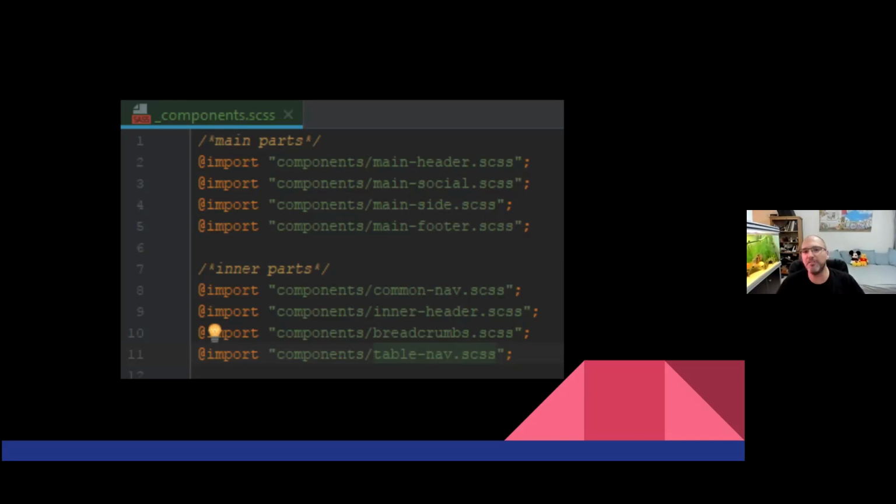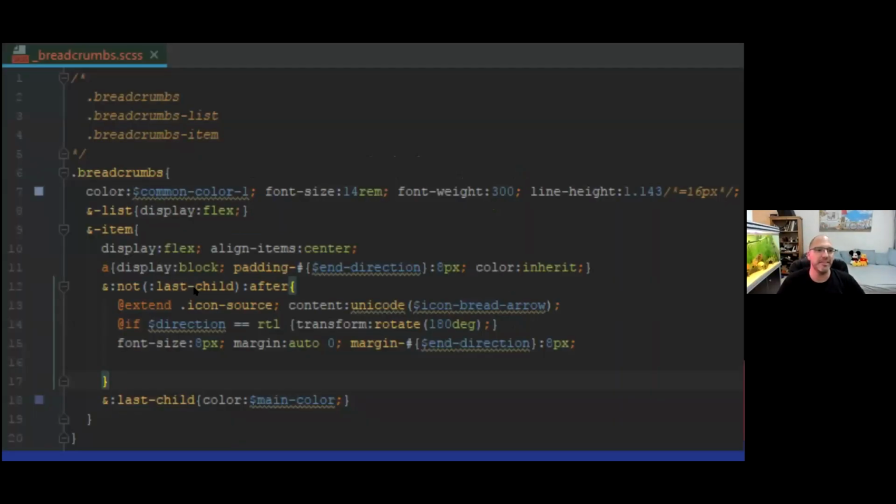And now, after we separated the CSS into component files, it's very easy for us to understand the component code. Because when we separate the ideas, as you can see here, if we remove all the comments from the beginning, this component is only 15 lines of code. It's very short. And yes, I'm one of those web developers who write properties on one line. I think that it's a lot more readable. And yeah,